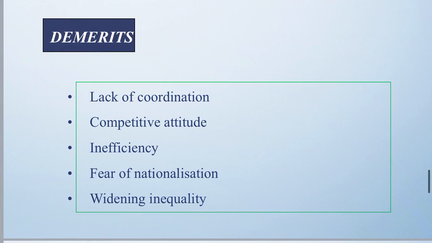Next, widening inequality. Already we saw by taxation they reduce the inequality. In spite of that, there is widening inequality. Ownership of resources, laws of inheritance, and profit motive of people widens the gap between the rich and the poor. So in the beginning I said